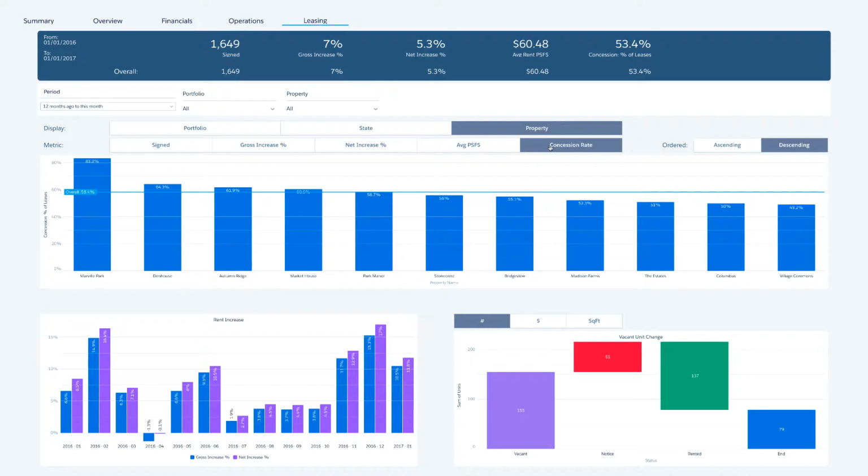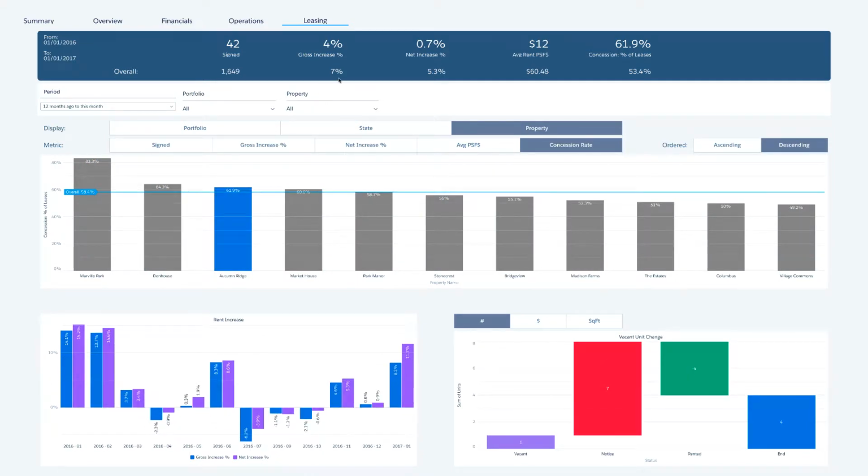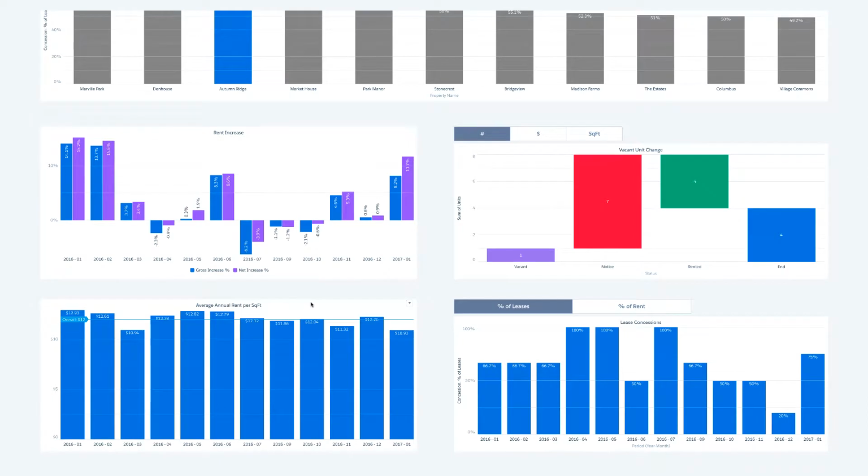I want to understand the history of lease signings, which I do by clicking on Autumn Ridge. After making this selection, the KPIs at the top of my chart, as well as the rest of my visualizations, are filtered to this property. Looking at rent increases, I can see a comparison of the gross and net changes each month. The blue bar represents gross, which is a top-line rent increase, while the purple bar indicates tenant concessions and any